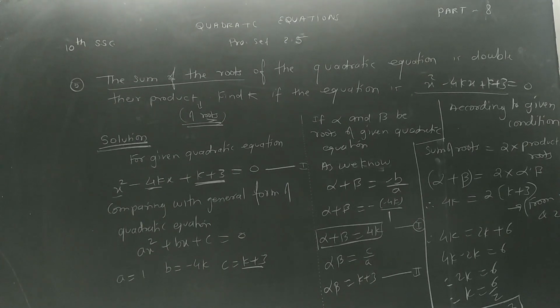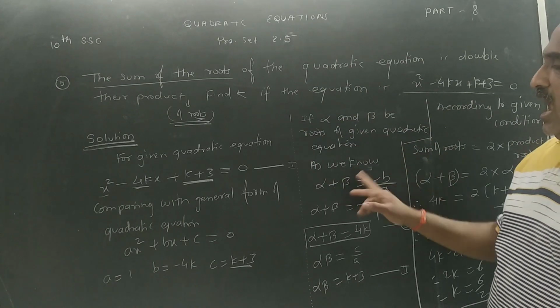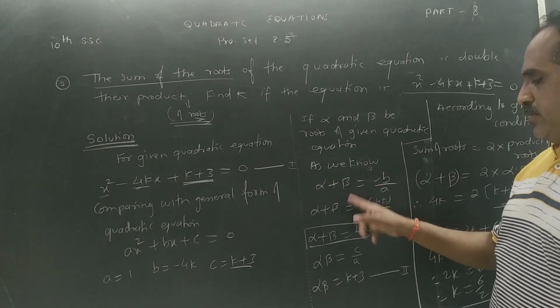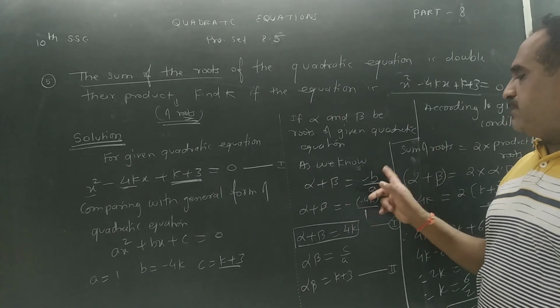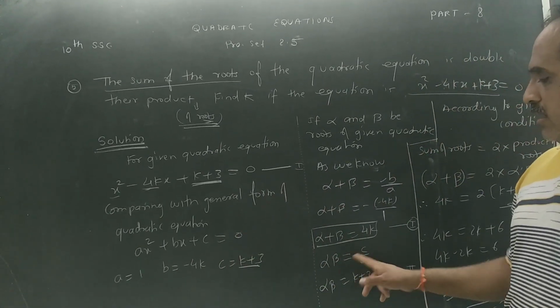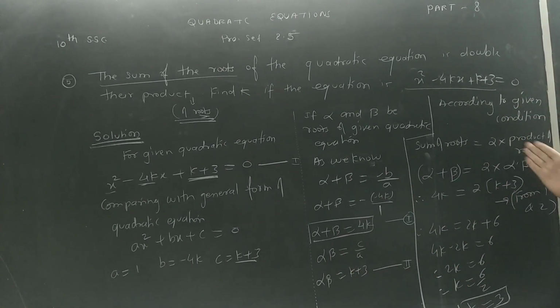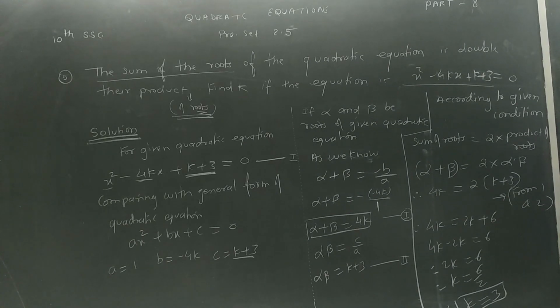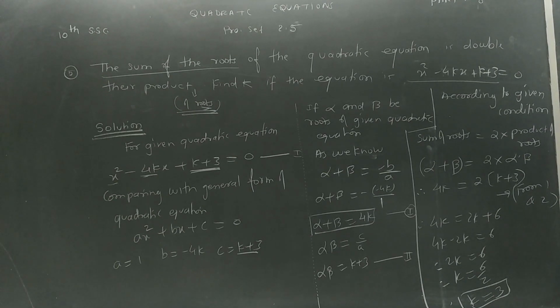I think you understood it is easy, but the thing is, you have to take the condition properly, and you should know the relation between sum of the roots and product of roots. Sum of the roots is minus b upon a, that you have to take from here. Product of roots is alpha into beta, that you have to take, and the condition they have given, you are going to apply it properly, you get the answer. Now we will pause the video and copy it down properly.